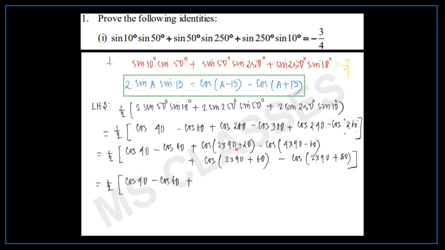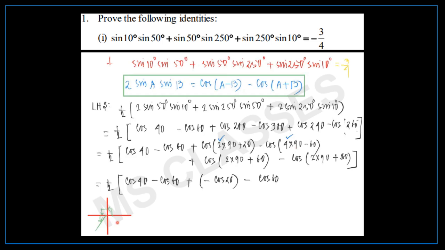Now this is the third quadrant. Why third quadrant? 2 into 90 plus 20 is 90, 90 plus something, so what does it terminate in? The third quadrant. Now with 2 into 90, cos will remain cos, but there will be a minus sign, because the angle terminates in the third quadrant. Now 4 into 90: cos will remain cos only. It is cos 60.